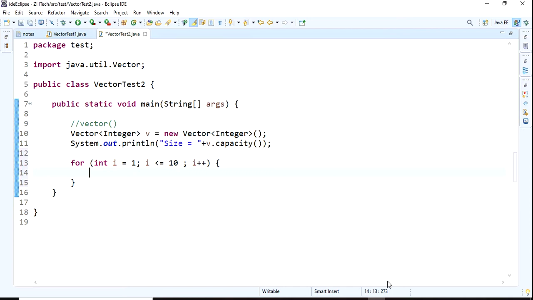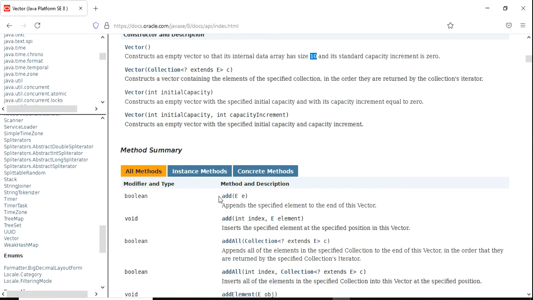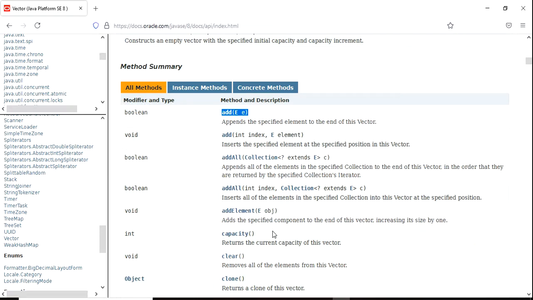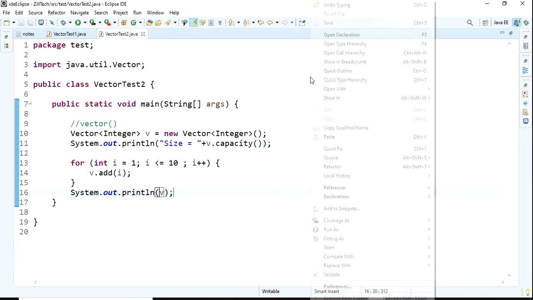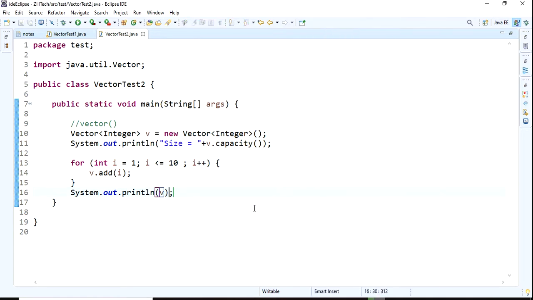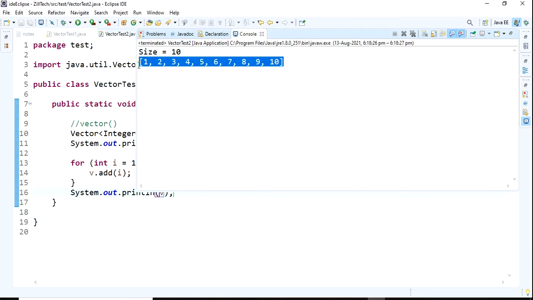We have two methods, add and addElement. Anyway, v dot add i. Next I want to print the vector. Save it, Ctrl S, run as Java application. Okay, 1 2 3 4 5 6 7 8 9 10.